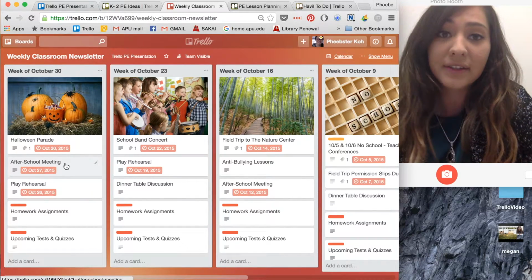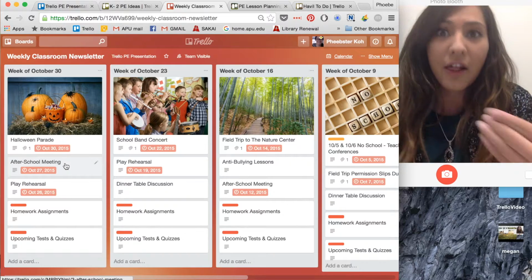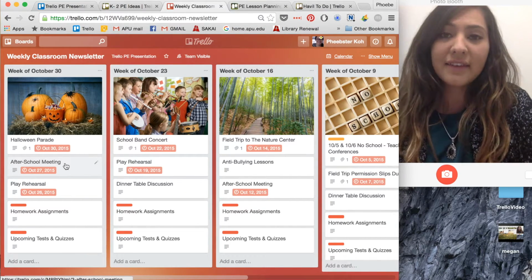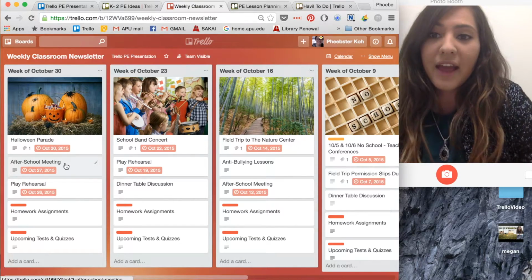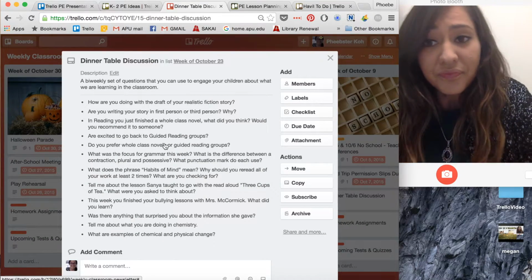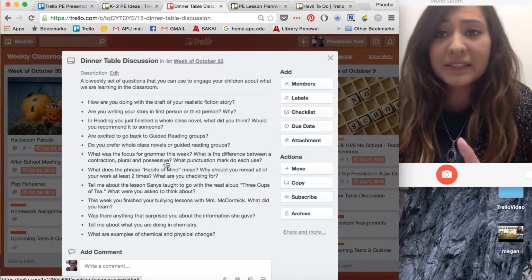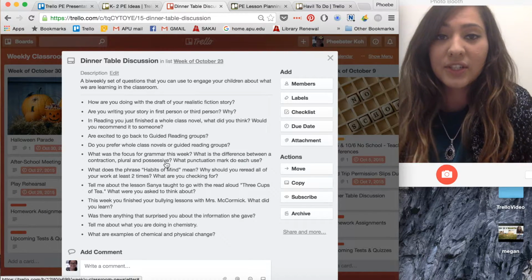And you can add parents as soon as you tell them to join Trello, and then they can make a username, super simple like we showed you. And then you just add them, and they can look at all of this. I didn't see what time it was, like, can you please let me know? And then we can add that information, and it's just